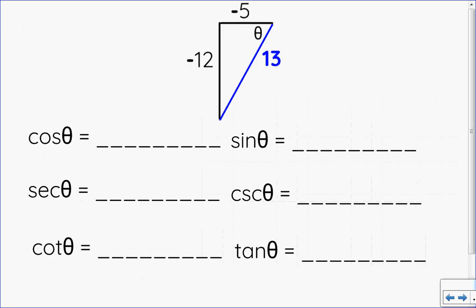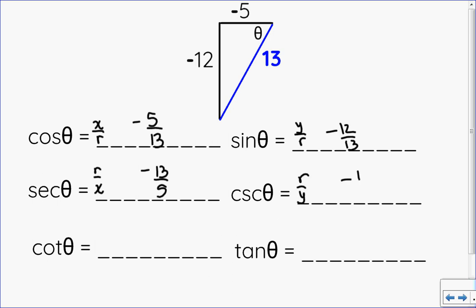So now I know what the triangle looks like. I can just find all of my trig ratios. So cosine is the ratio of x over r. So that will be -5/13. Secant will be the reciprocal of that, -13/5. Sine is the ratio of y over r, which is -12/13. Cosecant is the reciprocal of sine, so